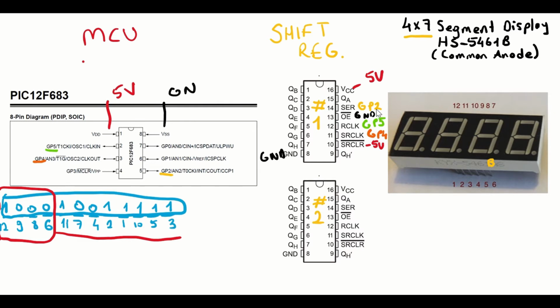First connection that we are going to do is we are going to connect the P9 of the shift register 1 to the serial input of the shift register 2, and the storage register clock will be connected to the storage register clock of the shift register 2, so they will be the same, and the shift register clock of the first shift register is going to be connected to the shift register clock of the second shift register, so